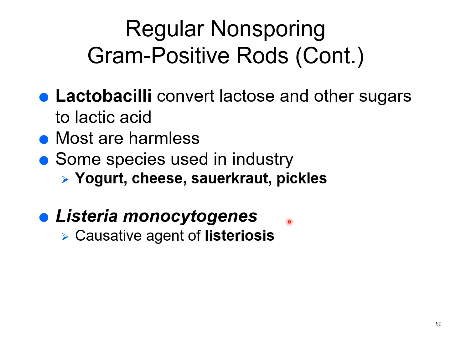I can't imagine how you get animal turds into a cooked hot dog. But what has to have happened is someone has gotten their hands dirty and then handled that food before it's packaged, because they cook these hot dogs, they cook this meat, or possibly they had this growing on their